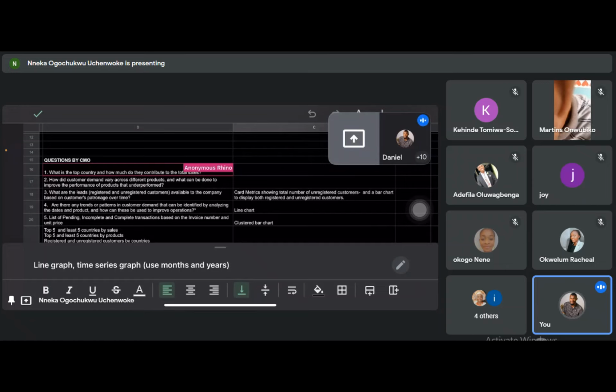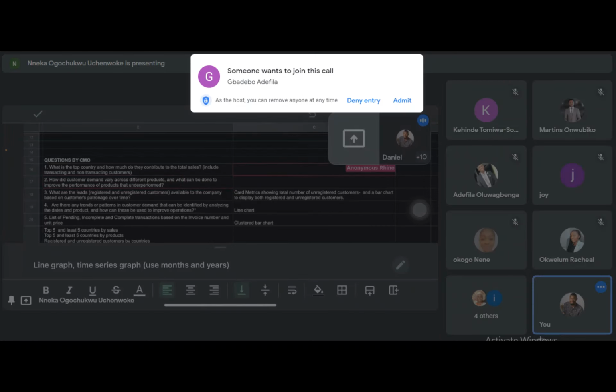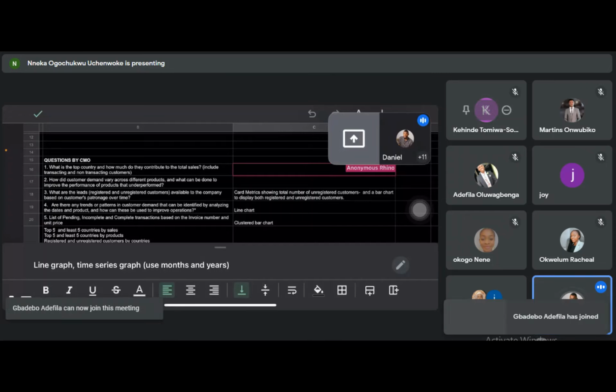Okay, for your scatter plot, you have 3 categories. You have the values, some other category, and something axis. So you have to actually put 3 values there, right? If you're looking at customer demand across various products, you would want to see how much demand this customer made for this product, and how do you find out? You find out how many times a particular customer ordered that product. Sorry, you might use product ID. Is it product ID or order ID or stock code? Yeah, what Adefila said, stock code.